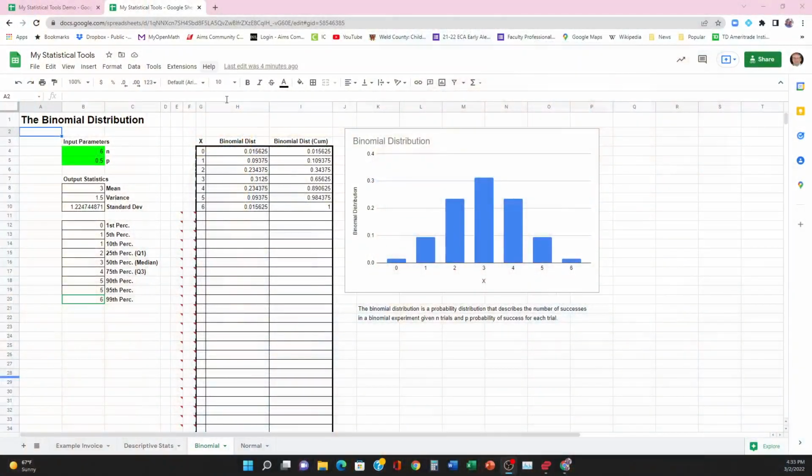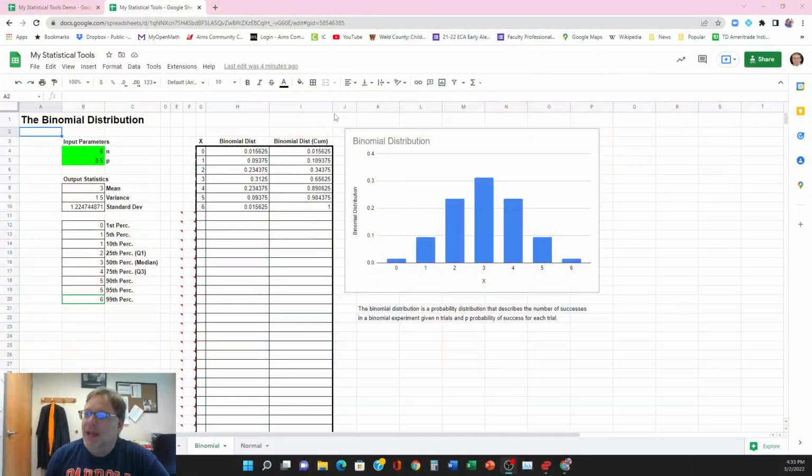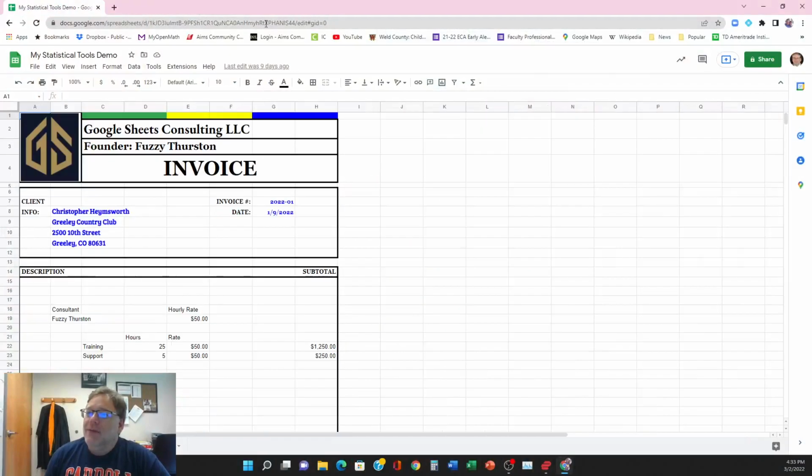So if we take a look at what is to come here, let me show you what this is going to look like. We're going to have two additional sheets here. One that's the binomial distribution labeled binomial. The other one's going to be the normal distribution. I think that for this video here, we're going to focus just on doing the binomial distribution, and then I'll record a second video for how to do the normal distribution. So, how do we do this here? Well, let's open up your statistical tools